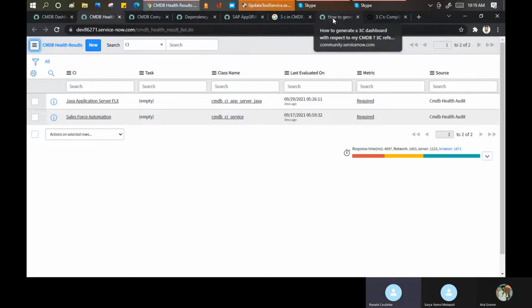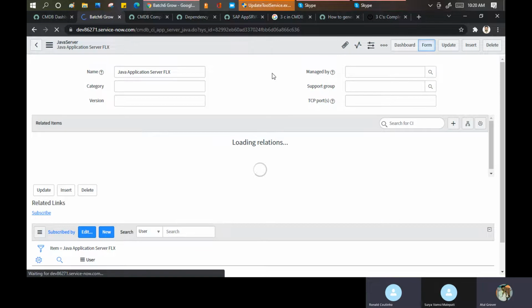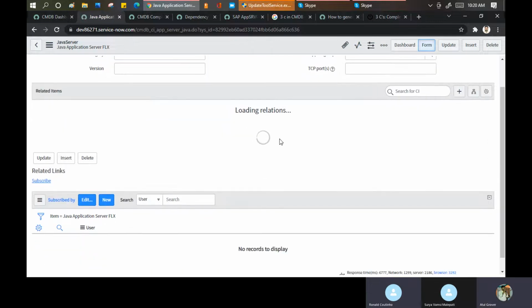What do you mean by metric? Is it like mandatory or non-mandatory? No. Metric is basically something, I'm not sure whether it is a field or a table they'll be using here, because metric-based tables are also there, where you can put this value. Maybe if I open this, let's see if the metric is showing something or not. Okay, on the form level, it is not showing anything.